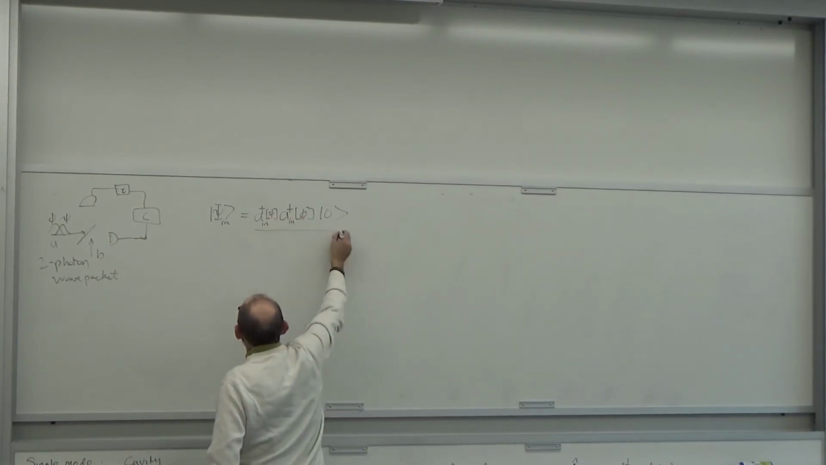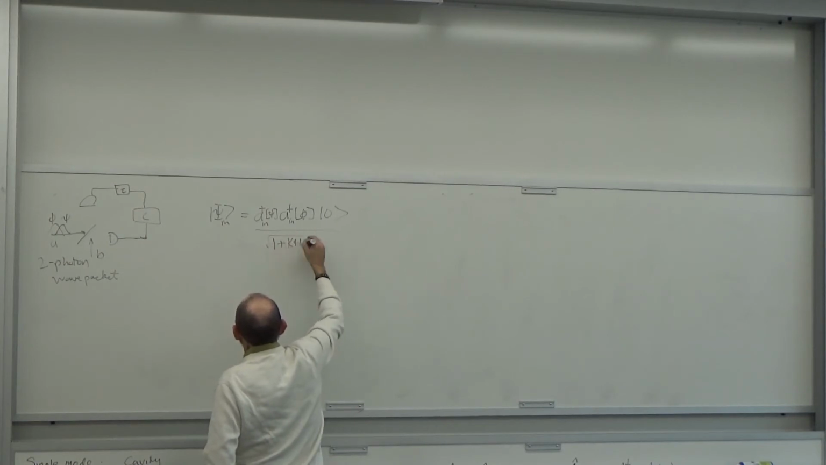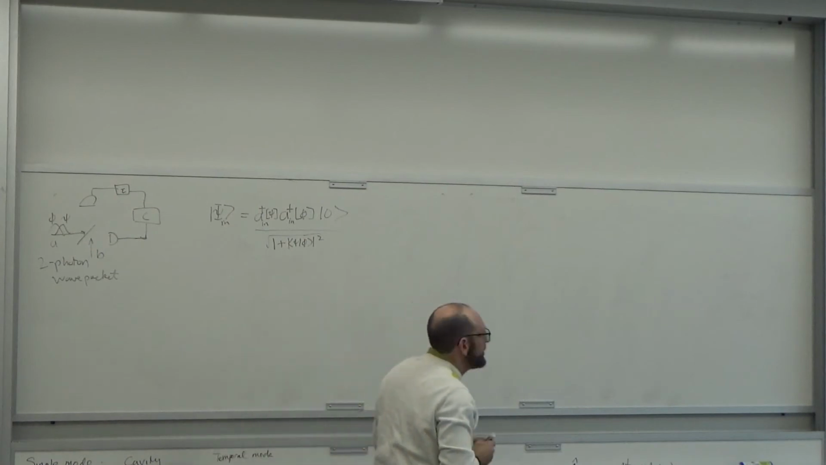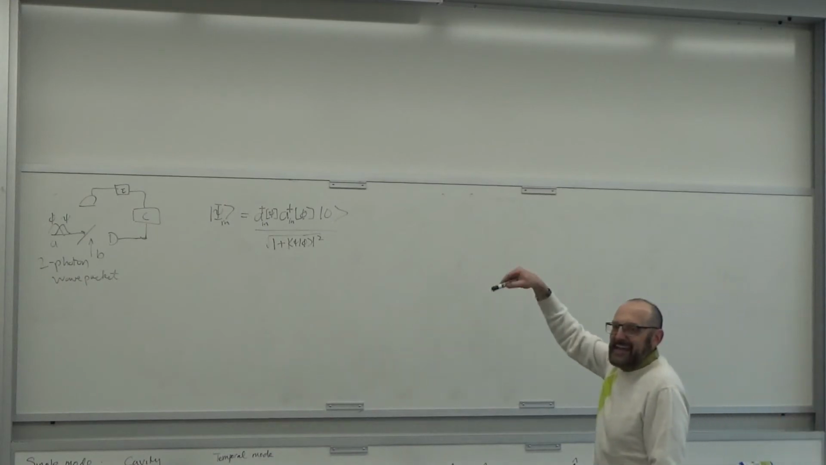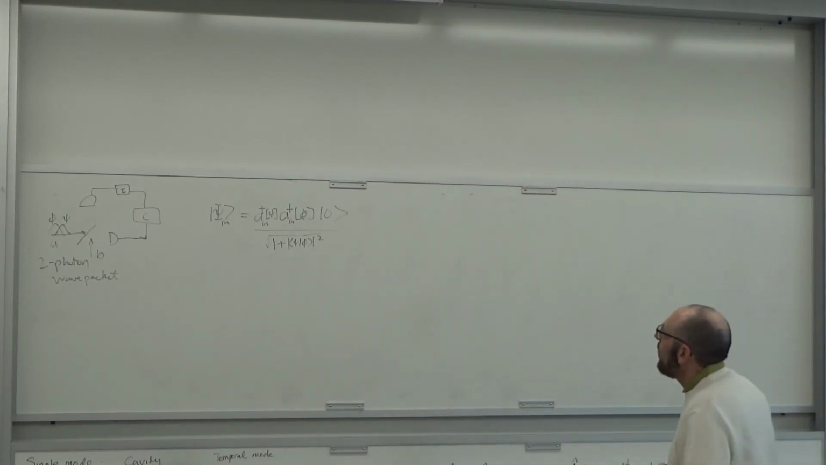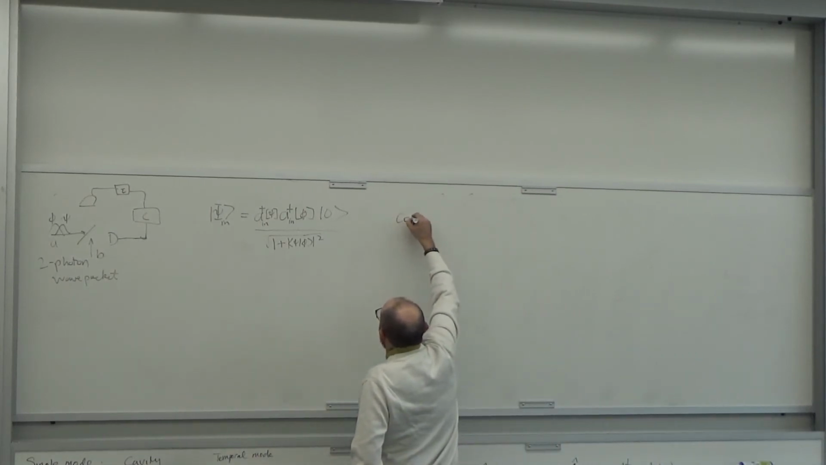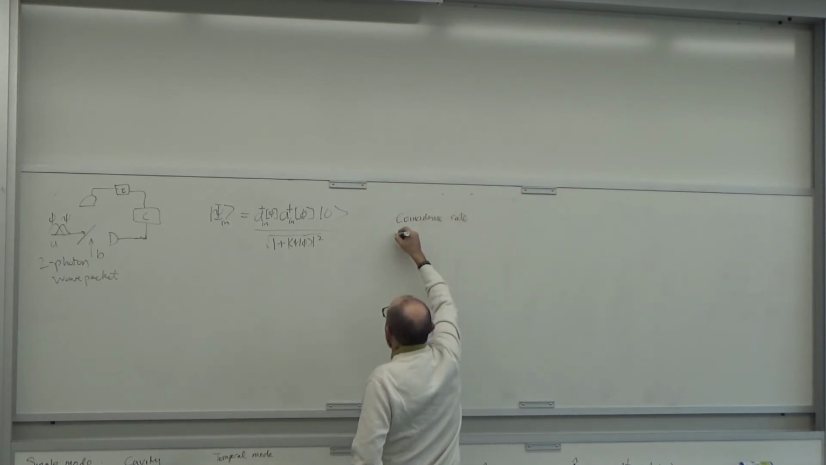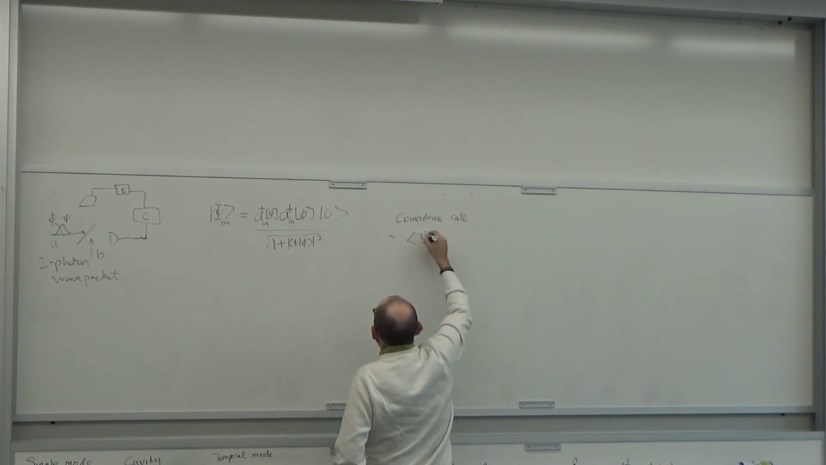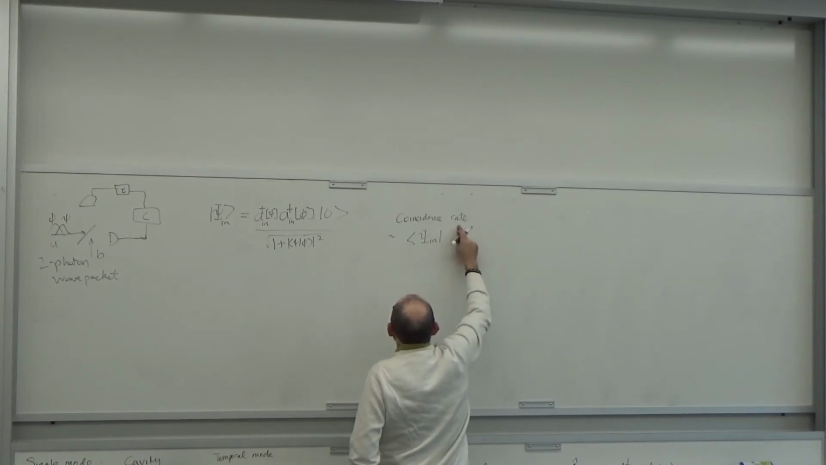Now I have to normalize this state, and to normalize it, I'm going to get 1 over the square root of 1 plus the inner product of those two. If psi is equal to phi, that'd be 1 over the square root of 2, right? Because that would be like A dagger squared. Okay, so now my coincidence rate is going to be proportional to the expected value of the state with respect to the normally ordered